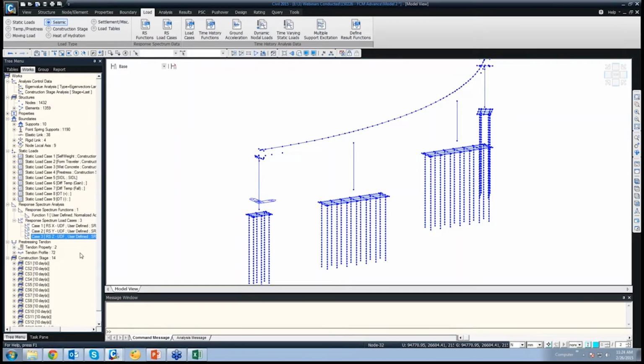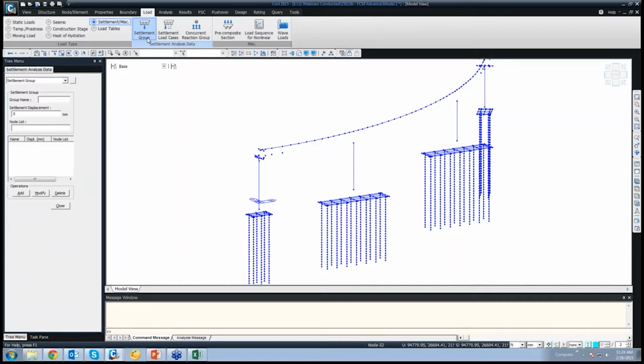Okay, now say we want to add the settlement analysis to this. For doing that, again we go to loads, we go to settlement, and we select the settlement group. Now settlement analysis is done for the superstructure.